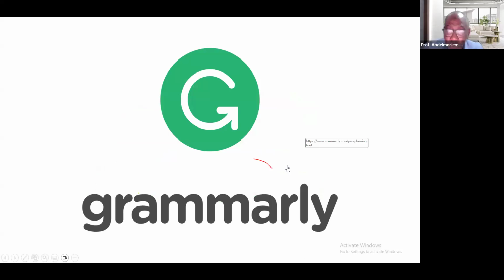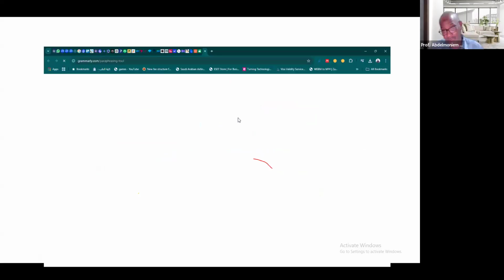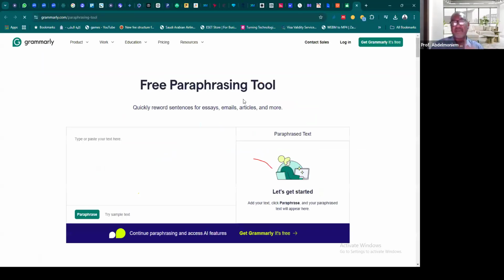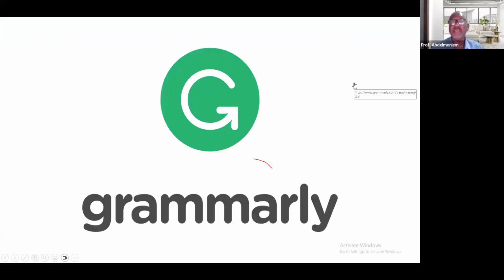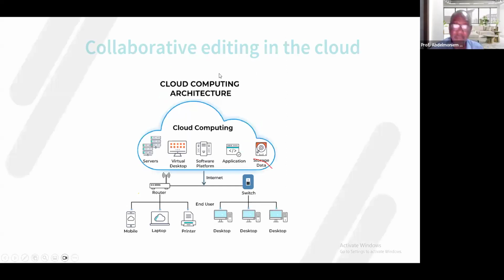And now Grammarly, I think, is well known to many of you, but they have now introduced AI. Grammarly themselves were there already. They have a paraphrasing tool, other resources, and grammar checking and everything. They are good. So if you complement these, Scriber, Quillbot, and Grammarly, with the manuscript writing tools, then they complement each other, and you are going to produce a fantastic manuscript.